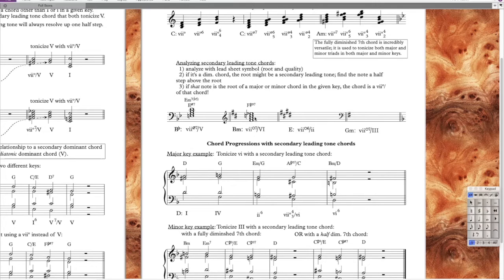And what would the leading tone be? We now have to go backwards from step 2 here. We have to go a minor second below this note that we're tonicizing, F sharp, and find the root of this chord, which is going to be E sharp. Okay? A minor second below F sharp is E sharp. So I'm going to reveal this chord to us, and we can see how this works. F sharp, the leading tone is E sharp,